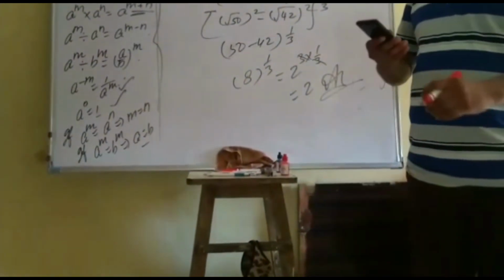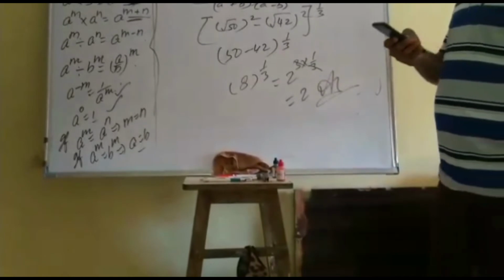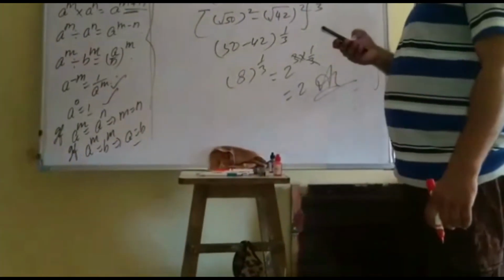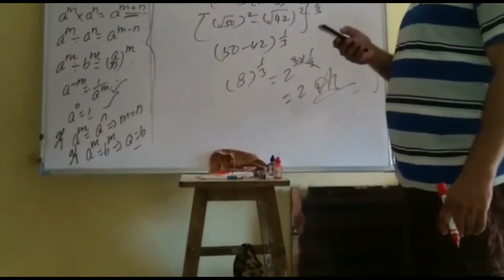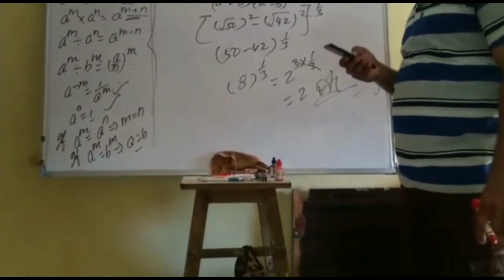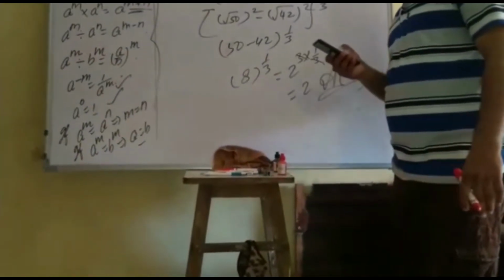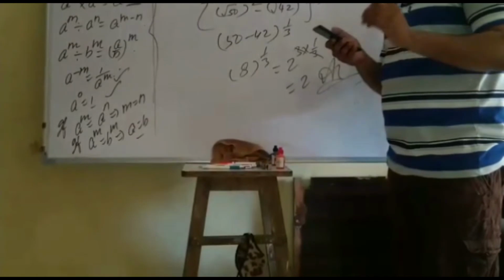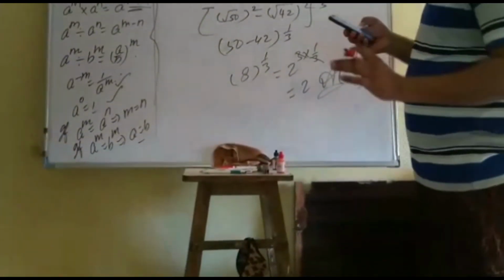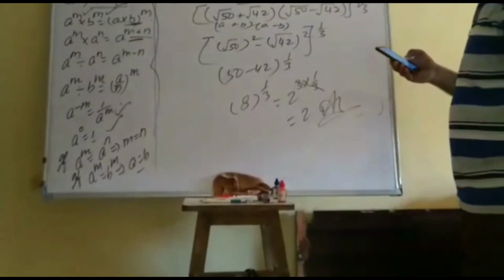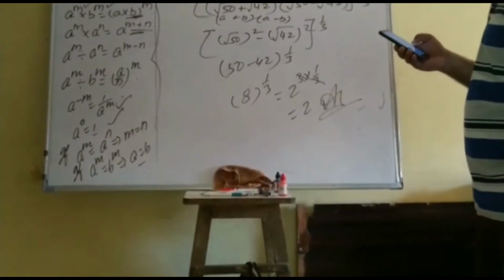Clear? So these are the questions. It was the fourth question. In the fourth question, there is a formula, so how you have applied it is a very important thing. That's it. The second part of this question, as usual, only the power is changed. You have to proceed like this only. Clear?